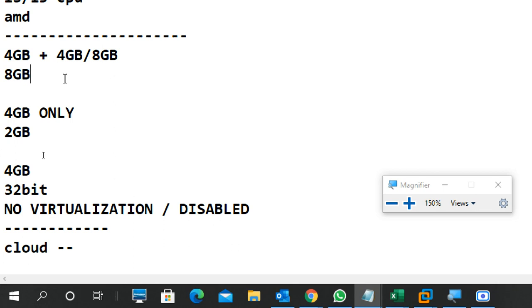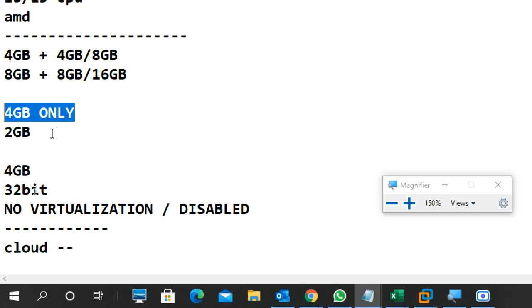And still, if you want more speed, then you can add another 8 GB, so totally it becomes 16 GB. Otherwise, add 16 GB. This is purely optional. You can add 8 GB or 16 GB if you want to run more virtual machines or want more speed and a more peaceful run. So you can use it.